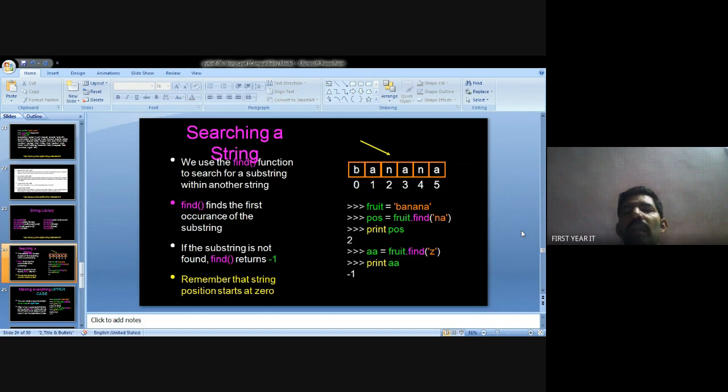Banana contains na, so print pos gives 2, where na first occurs. Next, define aa equal to fruit dot find of z. z is not available in the banana, so print aa gives the result -1.